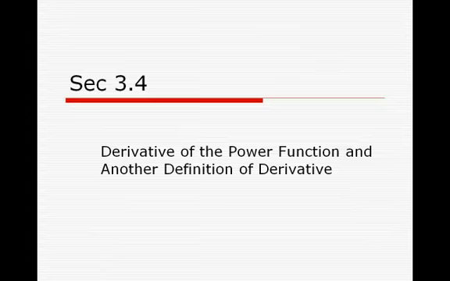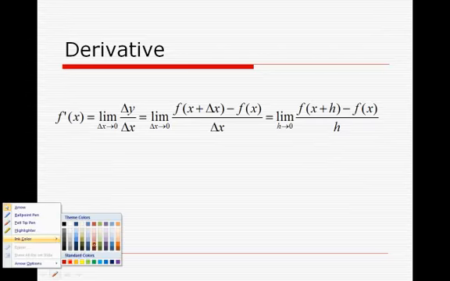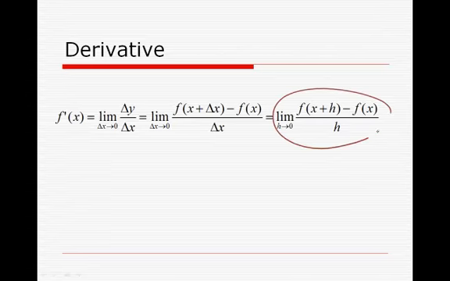Section 3.4 is the derivative of the power function and another definition of the derivative. So this is the other definition of the derivative, and I had talked about part of this in class, showing that this is the same as the limit as x approaches c of f of x minus f of c